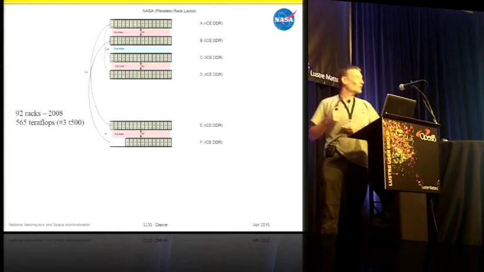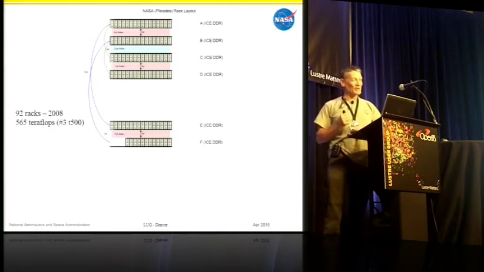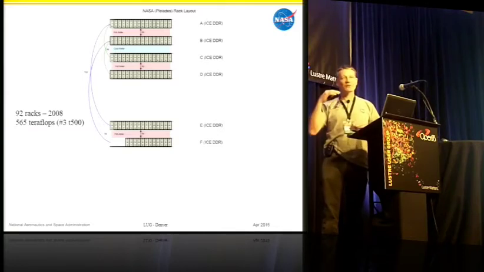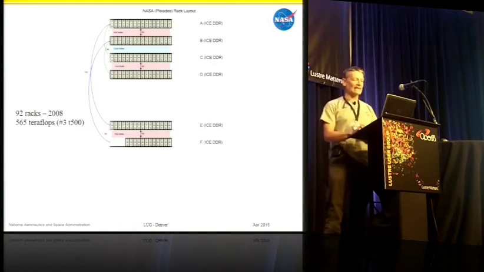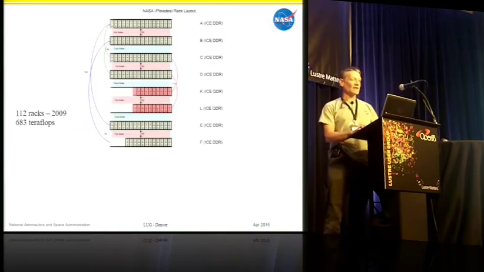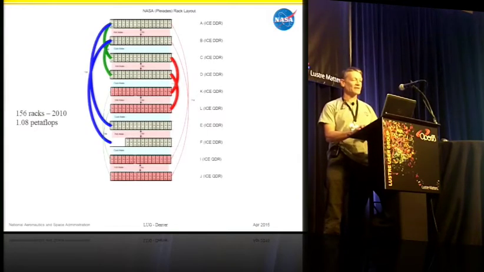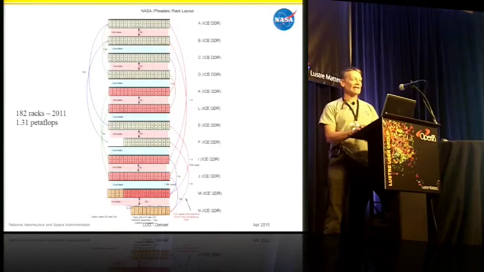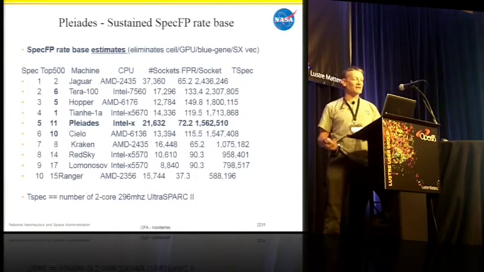So it's like, well, why are you talking today? So it's an old machine. Well, what we've done is we've taken an approach where we're incrementally updating the system periodically to add capability. So over the years, what we've done is increase the number of racks by adding more and more. And so by 2011,